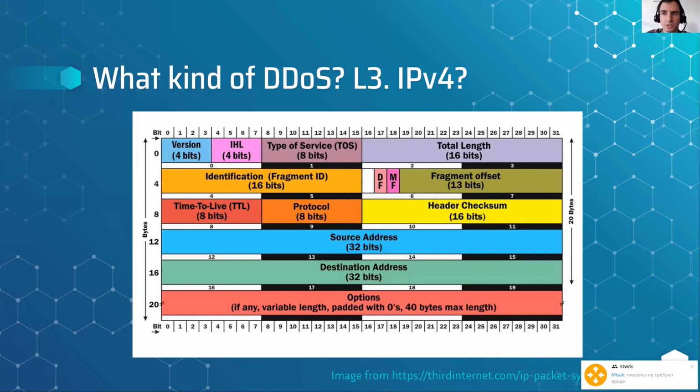Time to live is also a good point. By using a very small time to live, you can cause the router at the destination and attacked part to drop many packets, and again it may cause some interesting effects. The protocol field can be changed, can be randomized, can be set to a specific one. That's why I said when people talk about protocol level attacks, which protocol type? Many of them you can even randomize.